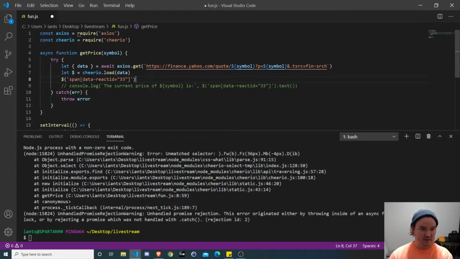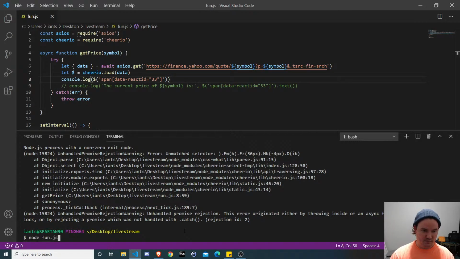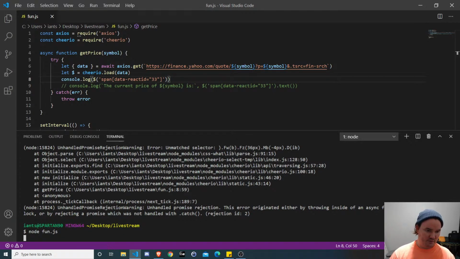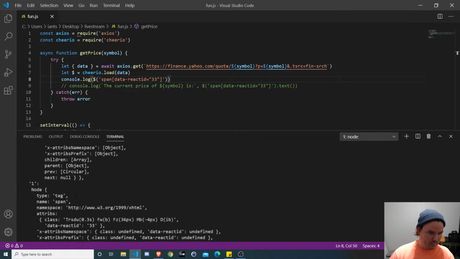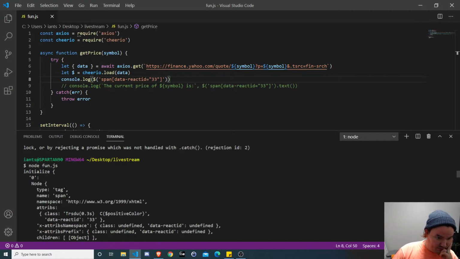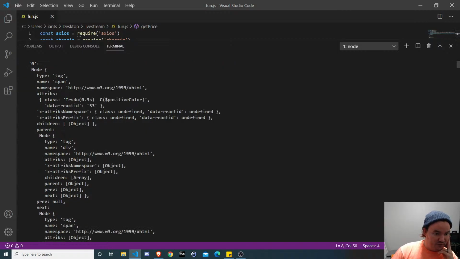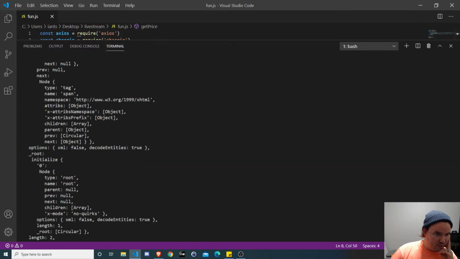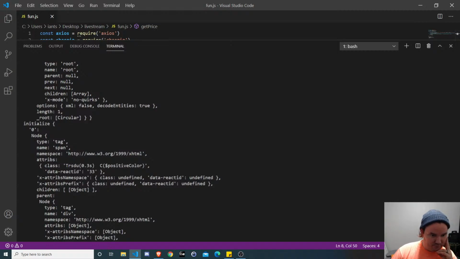So we're not going to get the text from it. We're just going to log this. Now it may give us an object or something that is not human readable, in which case we're going to have to go a step further. Okay, interesting. It's actually giving us more data than we expected. So let's go up here. The first one is 0. Let's close this out. It says there's a length of 2. There's 0 and 1.